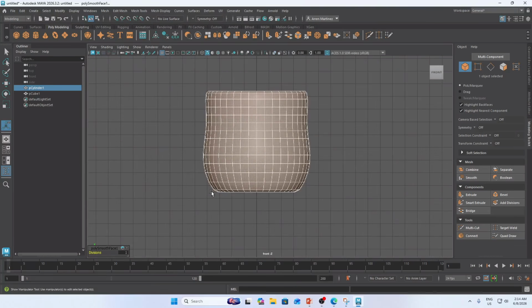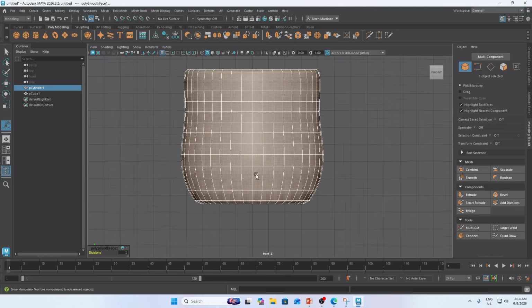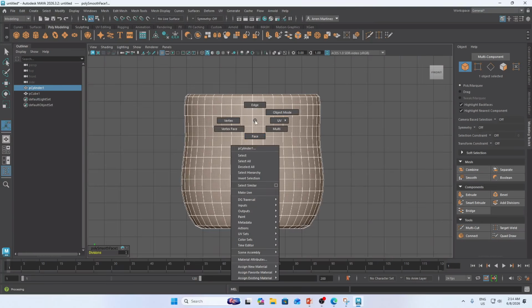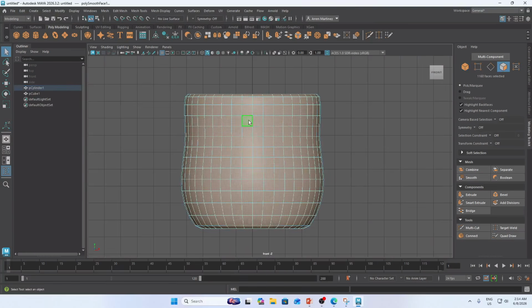Now I press the space bar to zoom in the particular view. So basically this is already locked. Now I will go here into face selection and highlight the center faces like this.